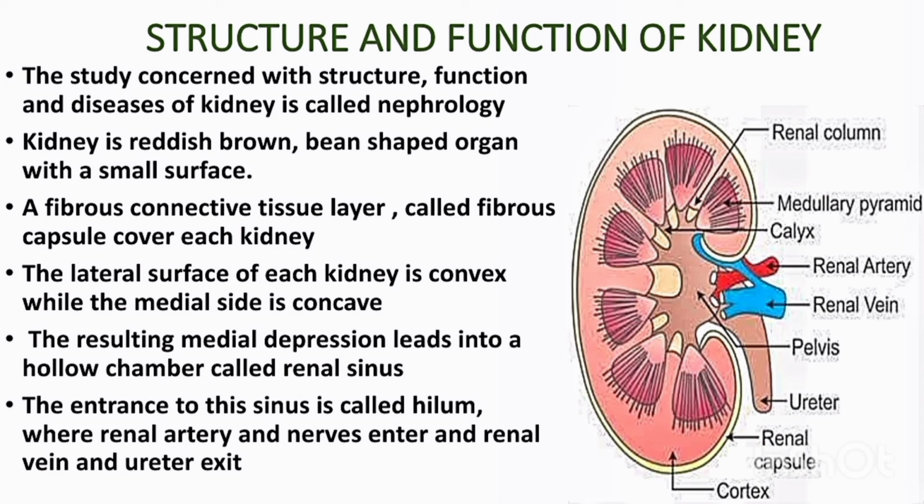So the whole waste material is taken out of the blood, and the clean blood then moves out through the renal vein, while the ureter also exits the kidney. As we have learned, the ureter is an organ that exits from the kidney and takes the urine from it towards the urinary bladder. So the ureter is a tube that exits from the kidney and joins the urinary bladder.